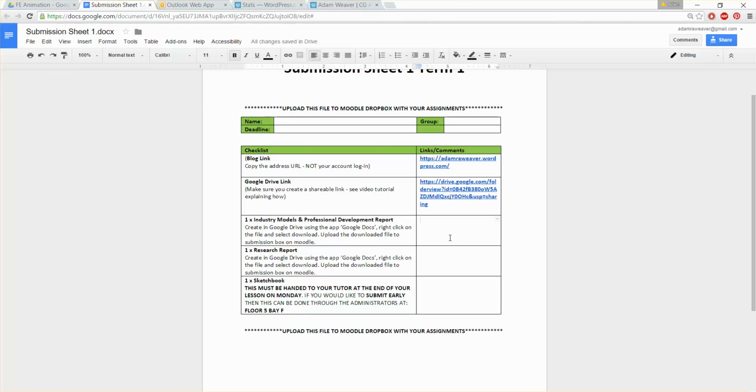So first things first, our first two things are there. That's what we need, because this is going to give the staff members, the assessors, the ability to go to your work. So these two reports now, as you can see here, I've put down creating Google Drive using